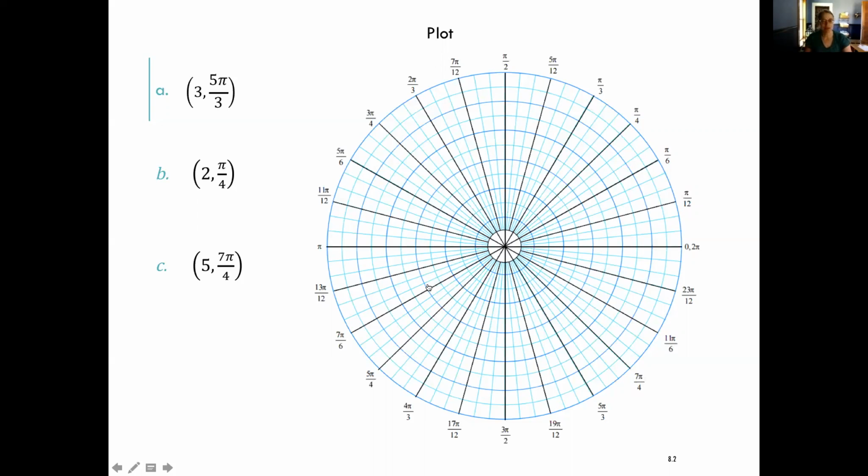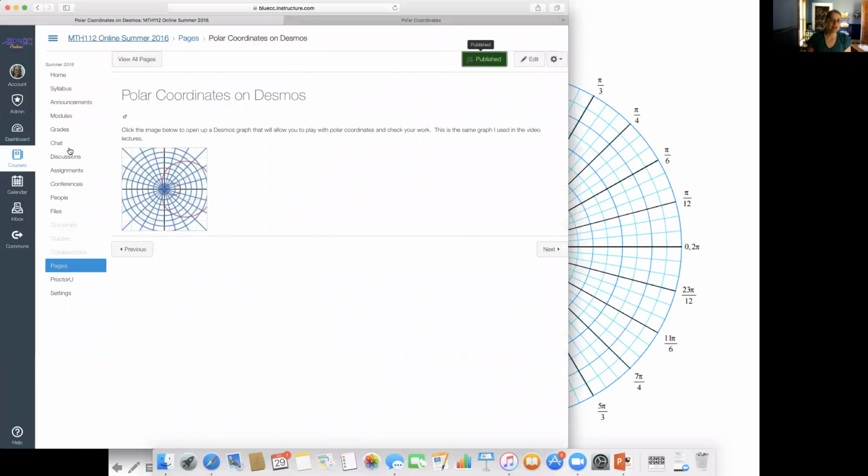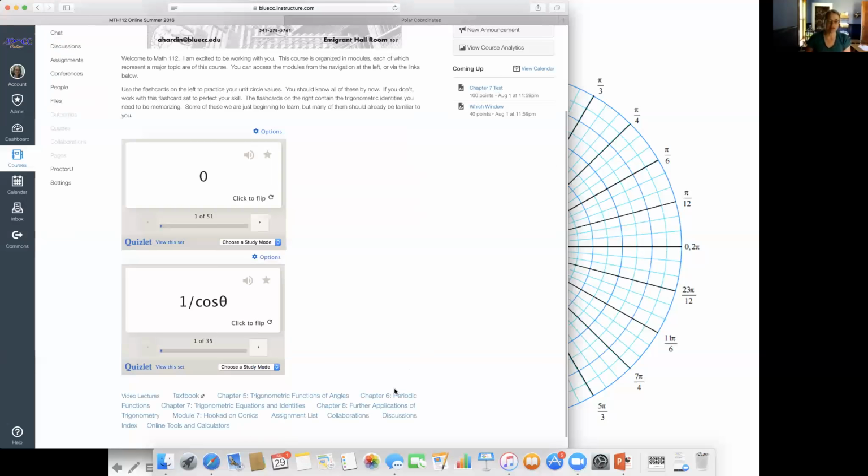Also on the course website, we're going to use Desmos to do some of our graphing, and in the module for chapter 8, on the course homepage,